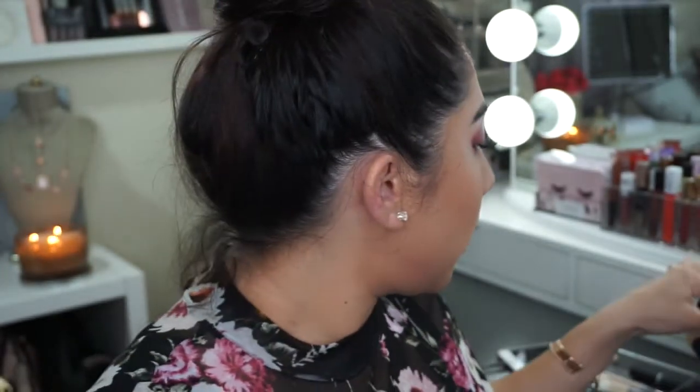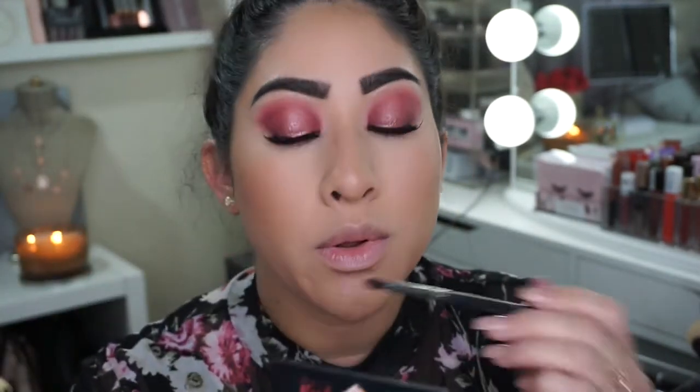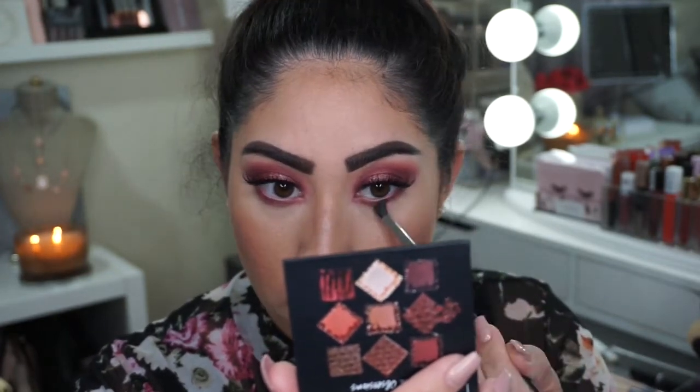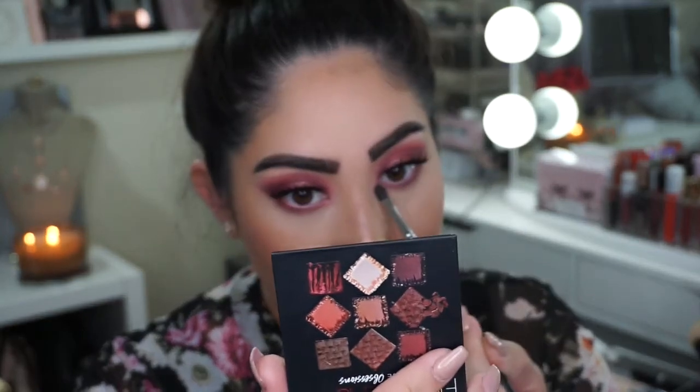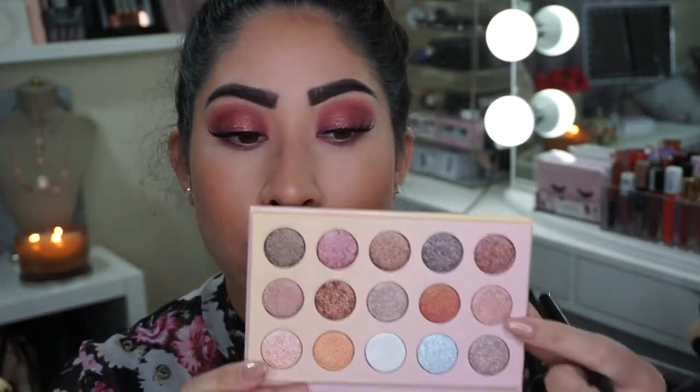And then, so it's just a little bit more blended, I'm going to go in with this nice, I don't even know what this color is called, but I'm just going to blend it on the lower part of that cranberry color I put and just blend it more. I'm going to go back in with the ColourPop Golden State of Mind, and I'm going to take this color that I used